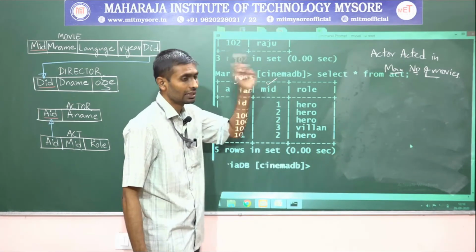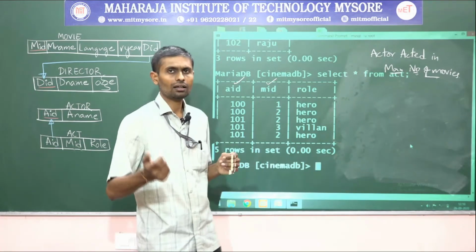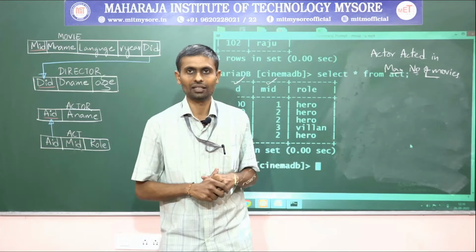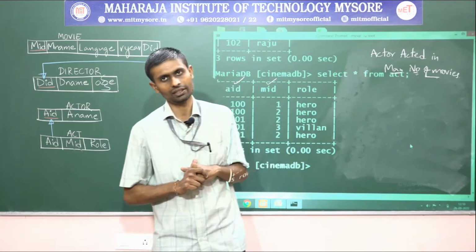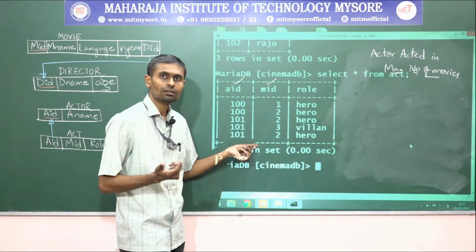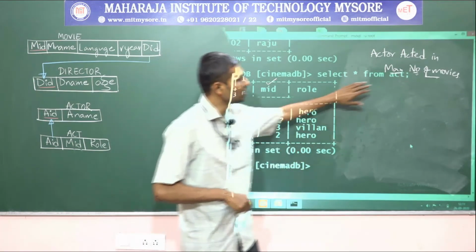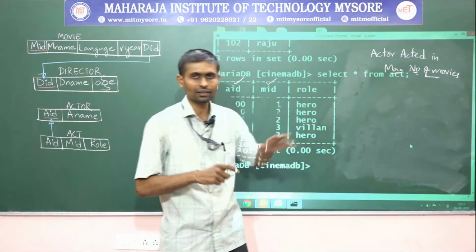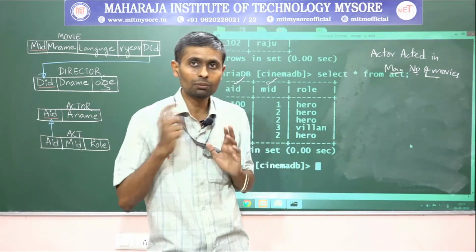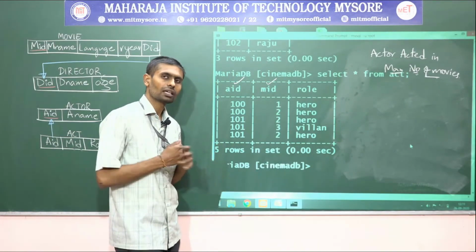There we discussed actor acted in how many movies, or author written how many books, right? Each author written how many books, count of books we did, and each student borrowed how many books, those things we did. But here what do we want? Actor acted in how many movies? That only gives us each actor acted in how many movies. But the question is quite different. We are not asking how many movies each actor acted in. How many movies is different from maximum number of movies. So to solve this query, how can we solve it, guys?